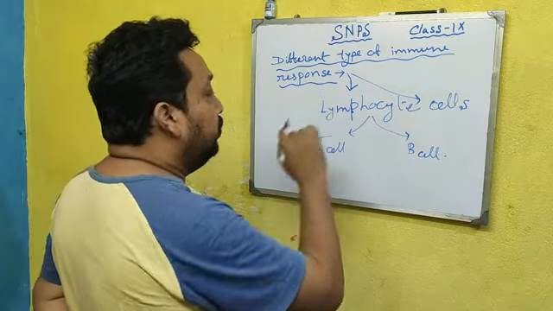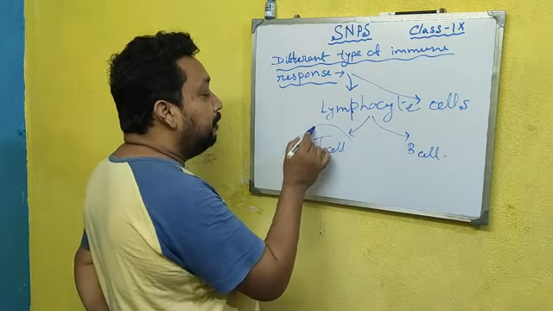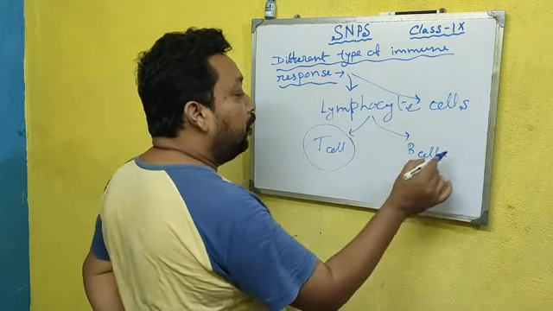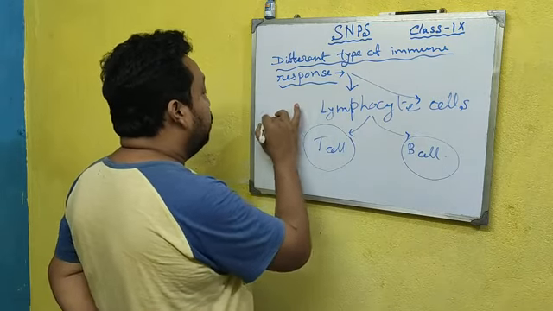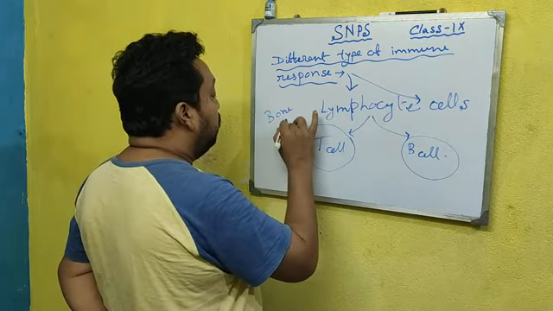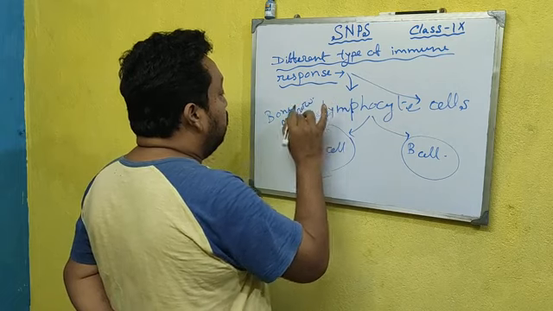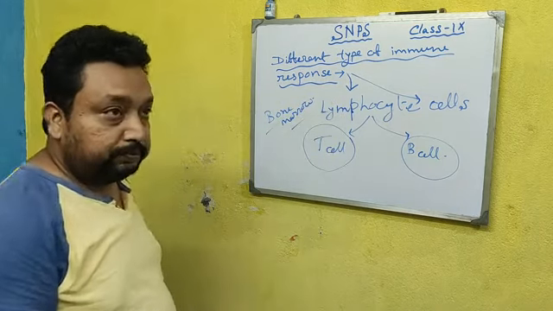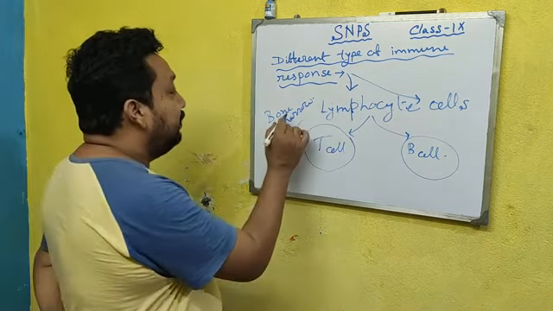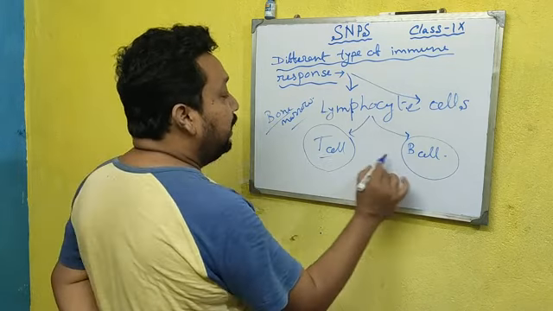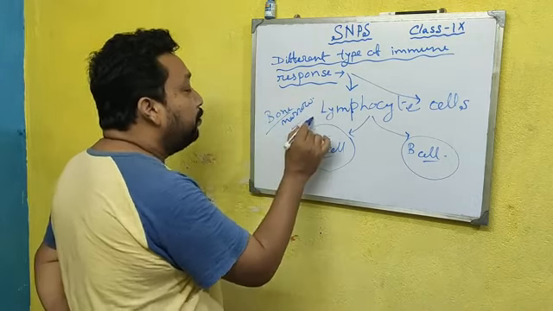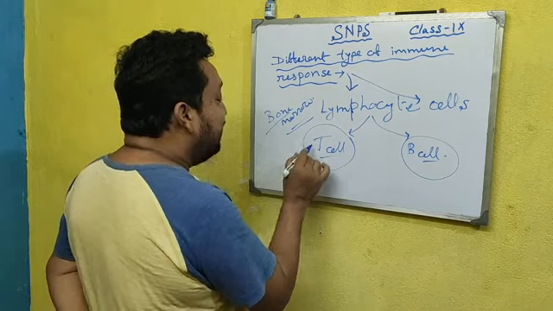These both types of cells are produced from the bone marrow. Both T cell and B cell are produced from bone marrow, but the T cell,